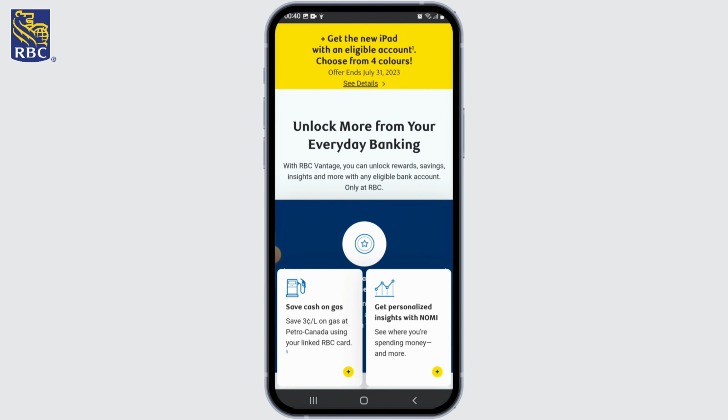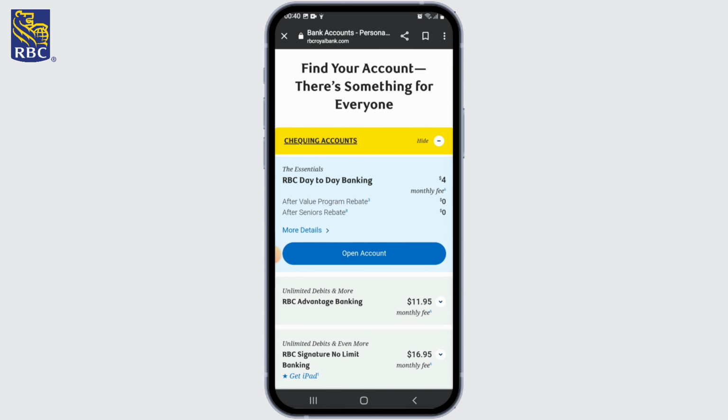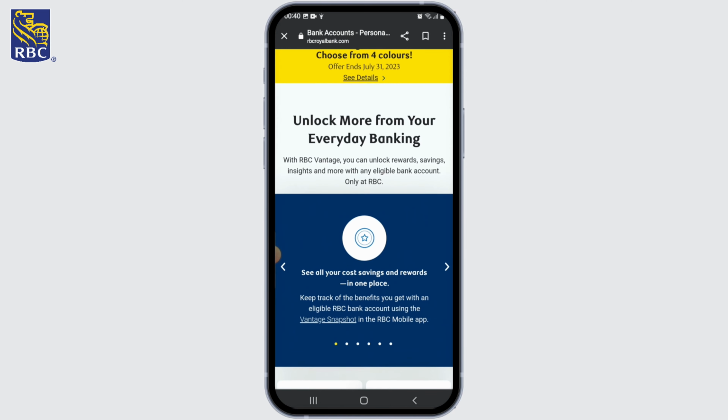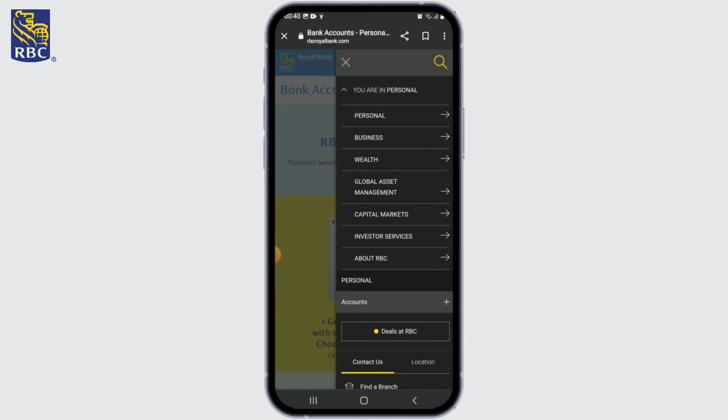And now the fifth and final tip is to secure devices and network. Always ensure that the devices used to access your RBC Royal Bank account, such as your computer or mobile device, are secure. Keep your operating system and security software up to date and avoid using public Wi-Fi networks when accessing